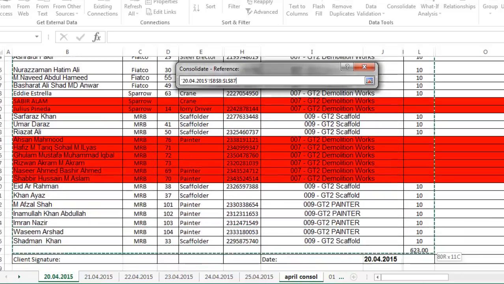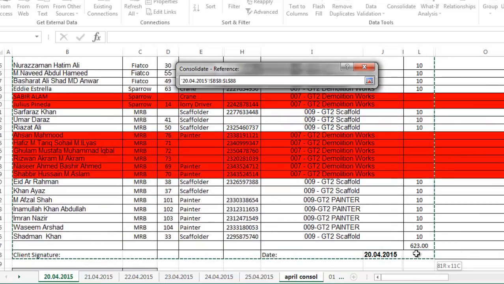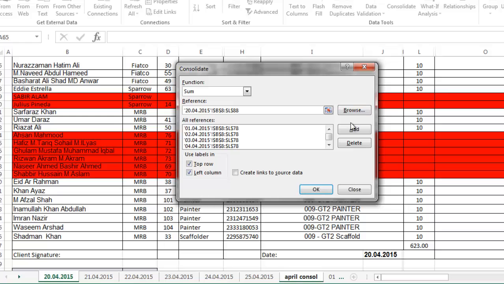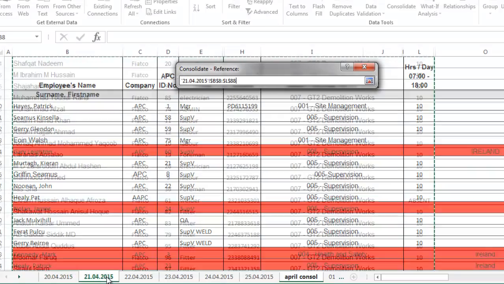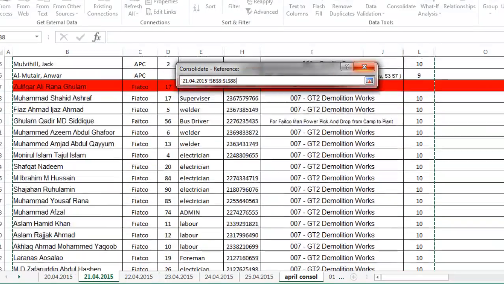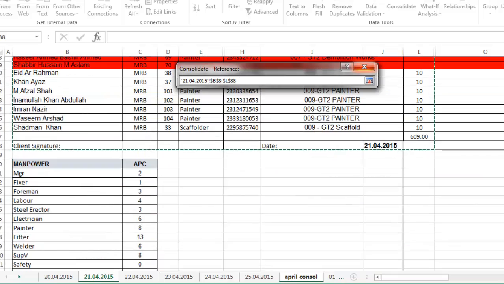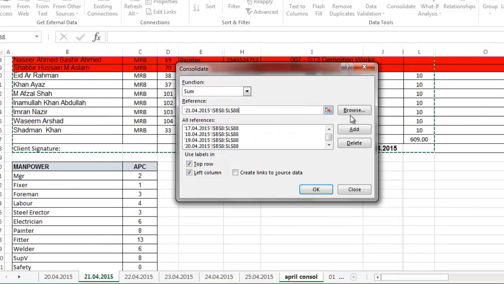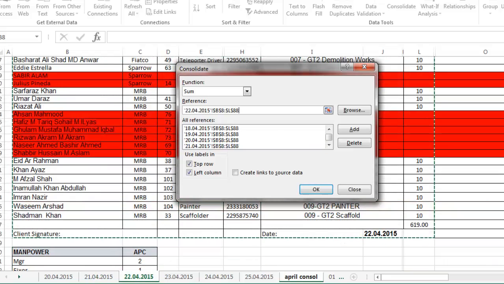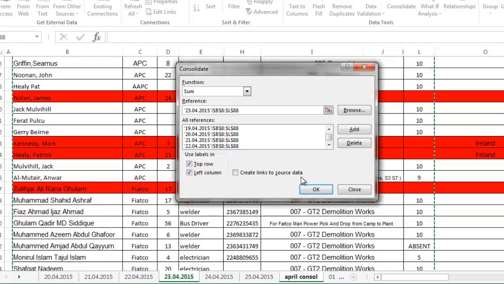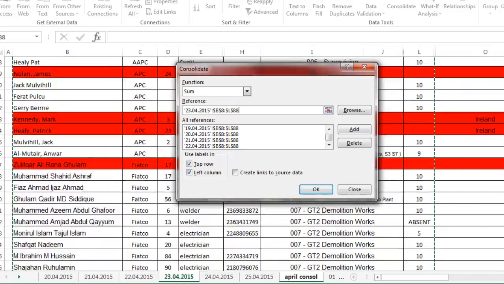And we take the same rows each time and hit add, and you'll see the 20th jumps in down here. And now we will go and we will select the 21st, and we'll just make sure that's auto selected all the right data, which it has, and select add, and then do the same for the 22nd, select add, 23rd, select add once we've verified,